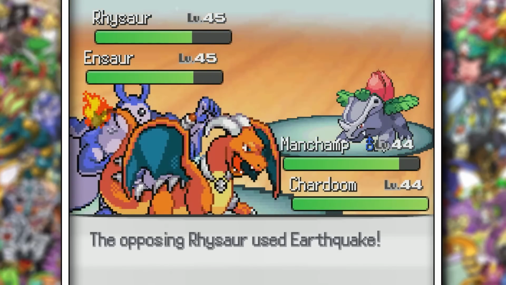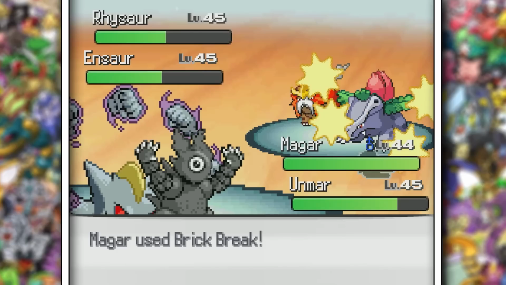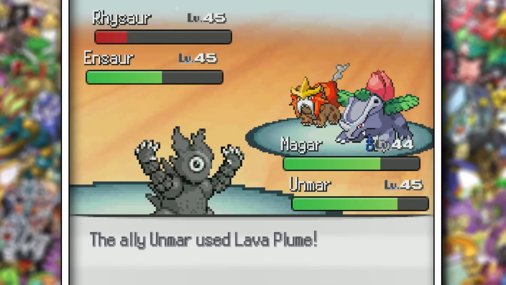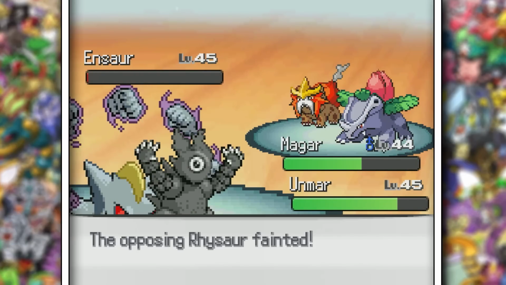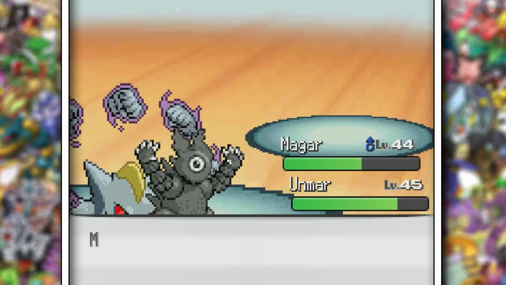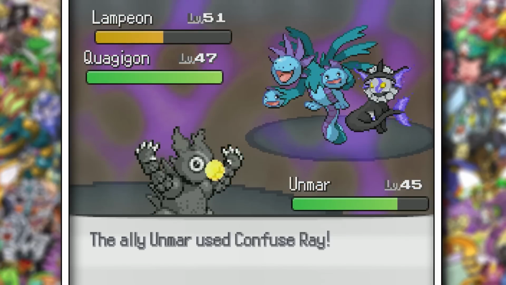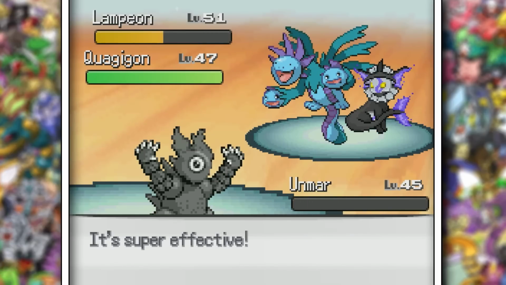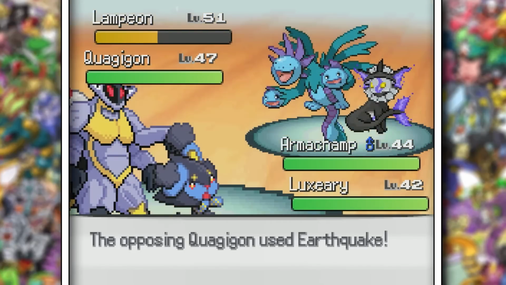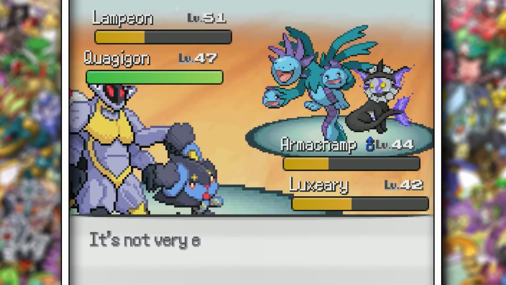Now this was not a good matchup as one of them had Earthquake and Seed Bomb. The good news was on Magmar, I was able to Brick Break as Blue used Lava Plume, KOing the Rhyhorn, and the Entei was confused, and yeah, it killed itself, so that was totally clutch. The next turn was really bad though. We do half with Shadow Punch on the Vaporeon fusion, but Blue and I got obliterated immediately after. It got even worse as Armachamp got hammered the following turn by Earthquake and Inferno, which did burn,